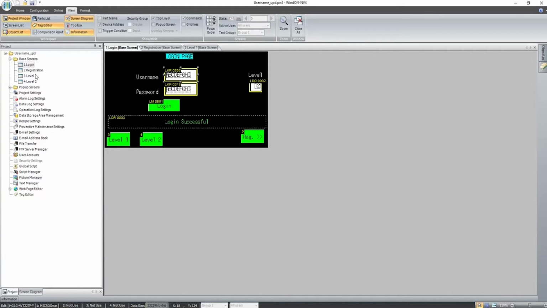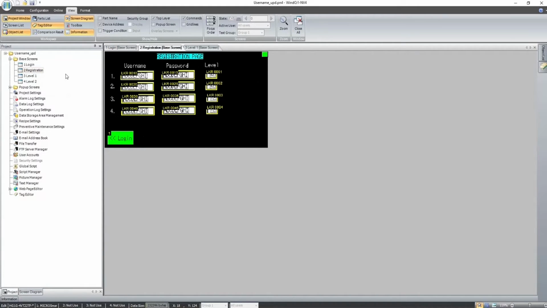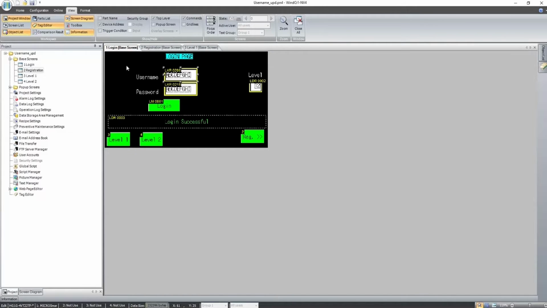For the registration pages, I have considered LKR starting from LKR 10 till LKR 19. 10 to 14 is for username, 15 to 19 is for password. LKR 1 is for the level. You can design as per your requirement. This is my own way of considering the registers.